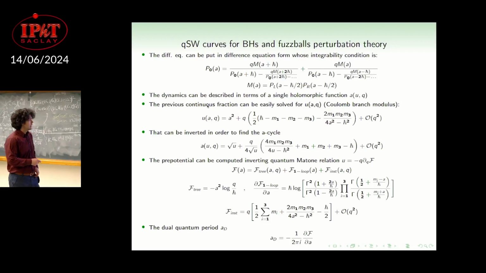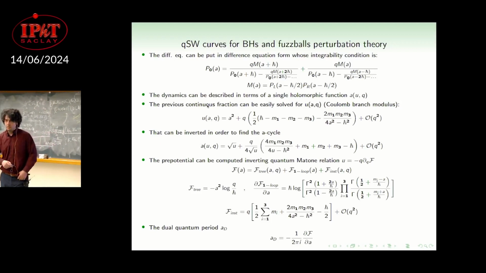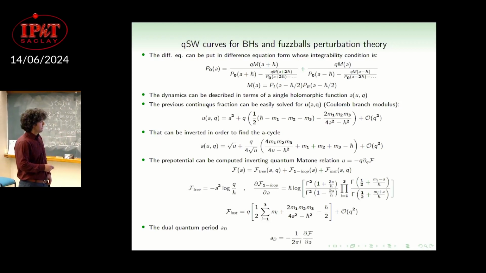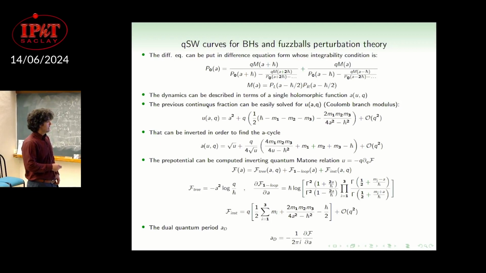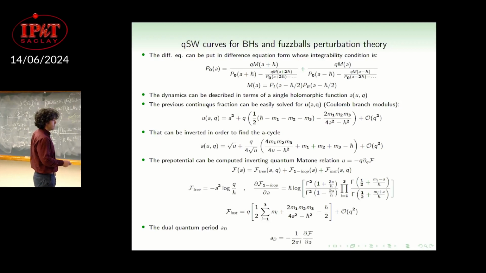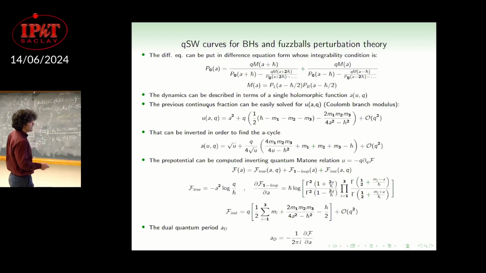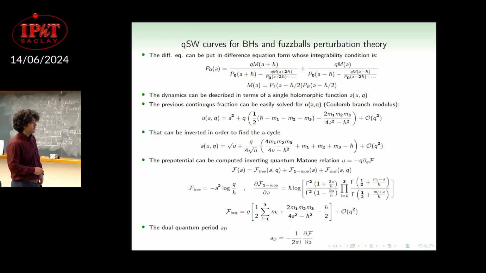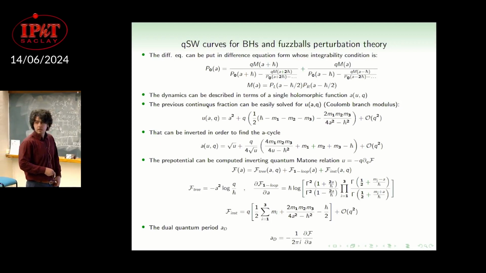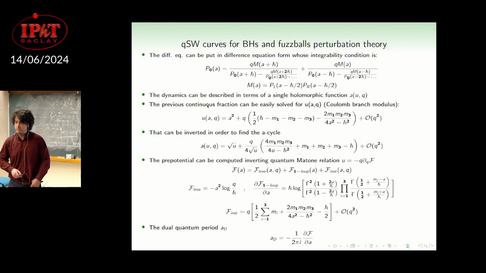This is called the Nekrasov-Shatashvili prepotential, which is composed of three terms: the so-called tree-level term and the one-loop term, that do not depend on the gauge coupling Q. And then you have the instanton part, which is an expansion in the gauge coupling Q. And actually, you can also define the dual cycle by taking a derivative of the Nekrasov-Shatashvili prepotential with respect to A. Yes?